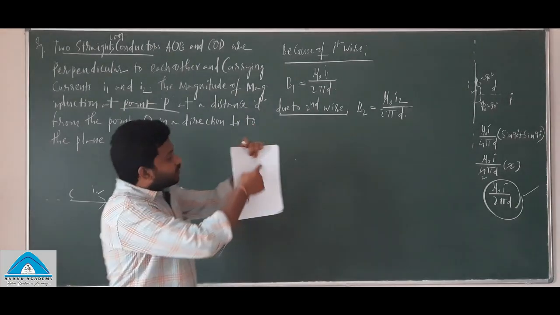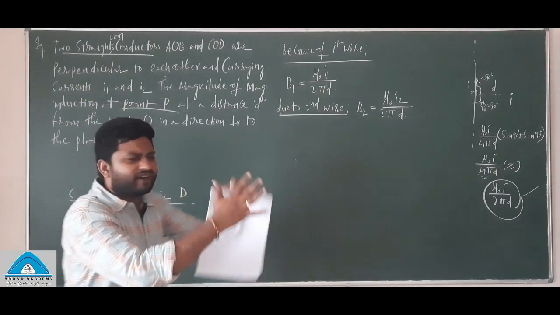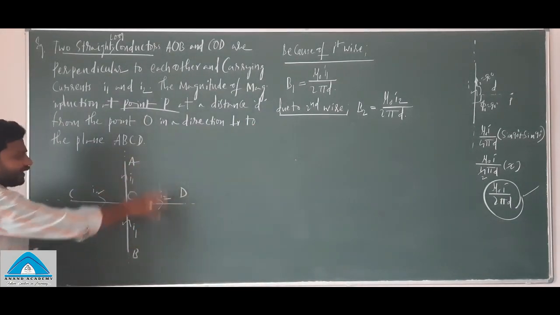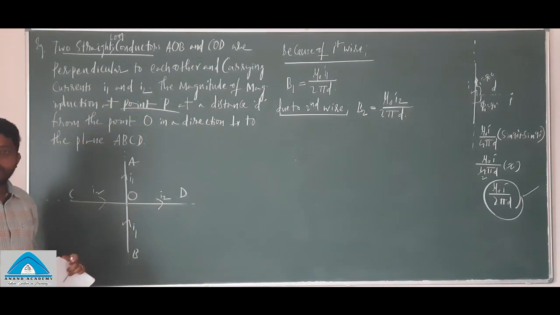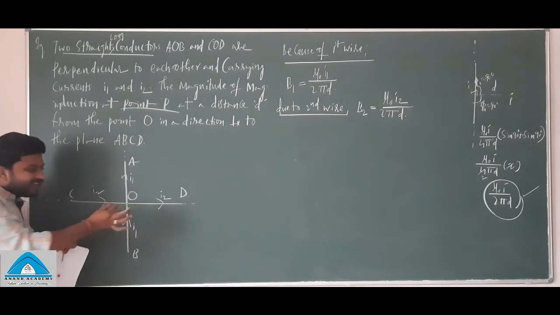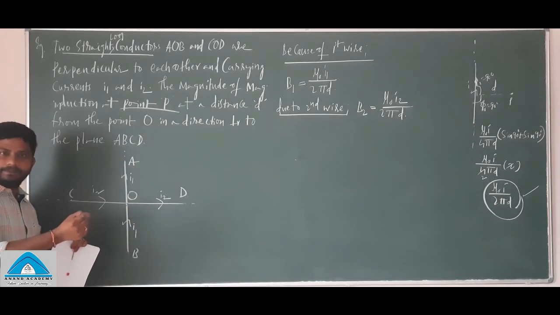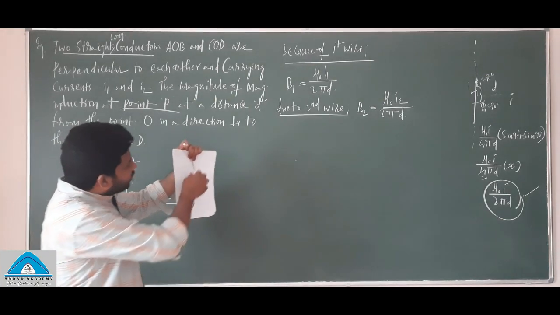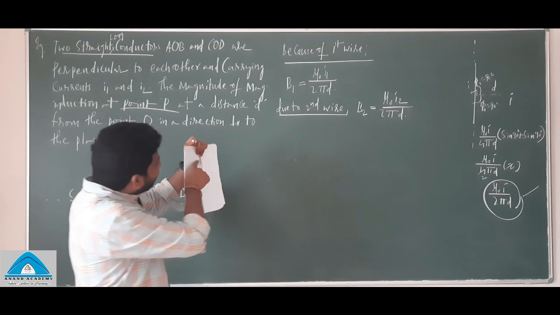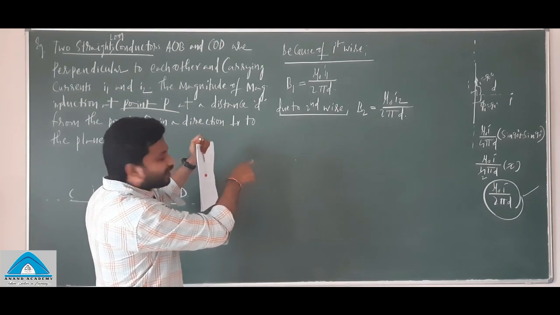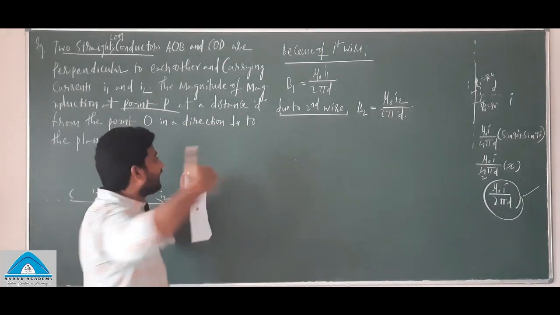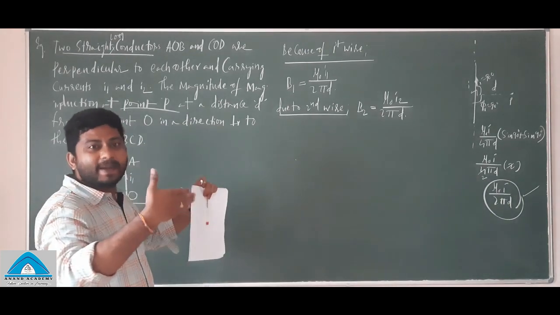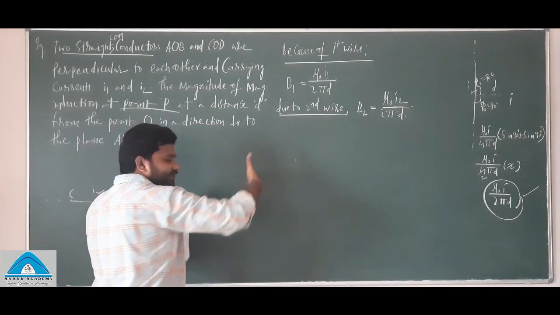I am talking about this, so forget about this diagram. From this diagram, imagination is impossible in this case, because your point P is here. Okay, clear? So for this wire at a point P at a distance d, the magnetic field is directed into the plane like this. That is the direction of the first magnetic field.